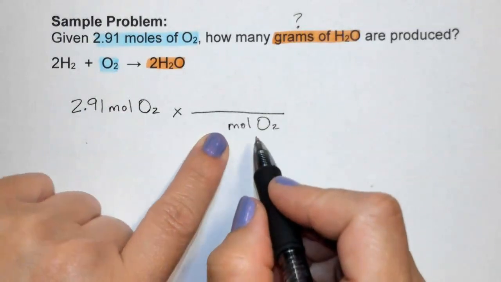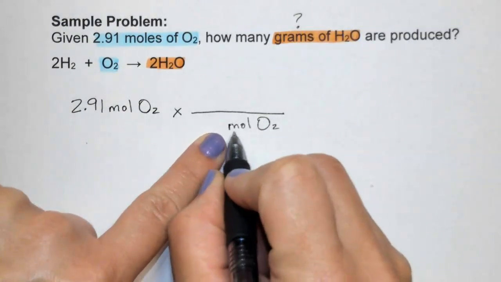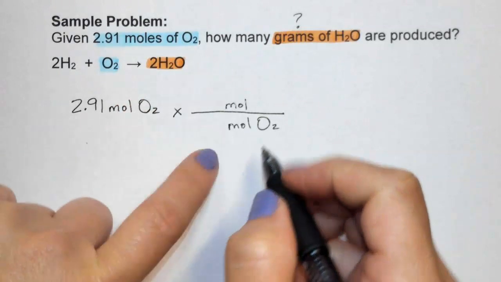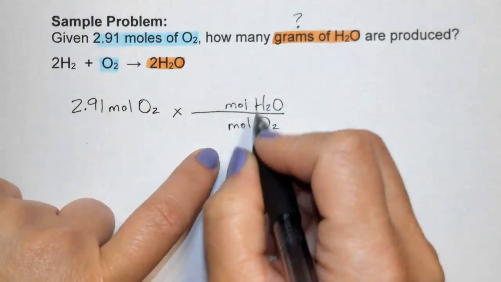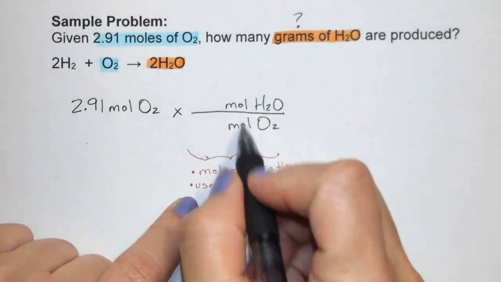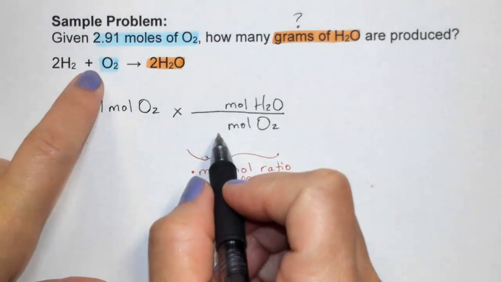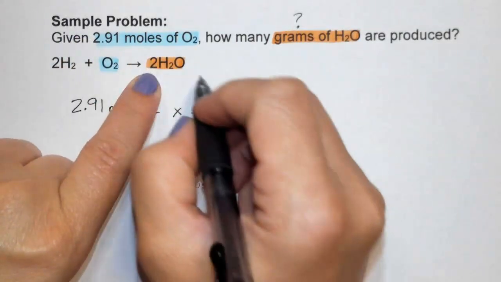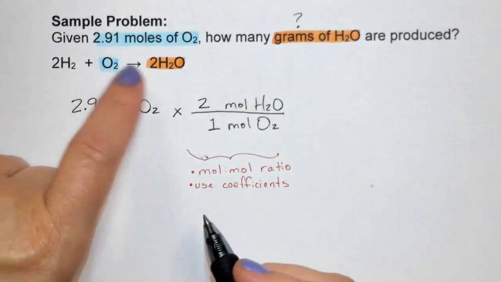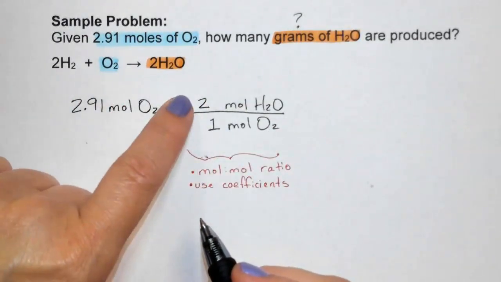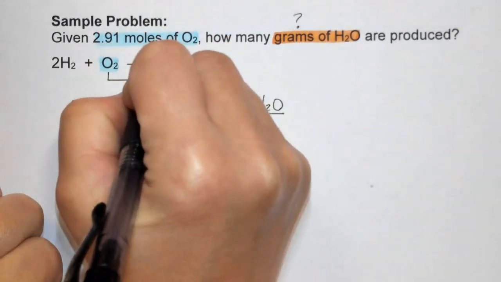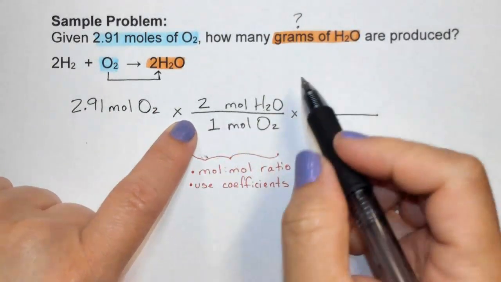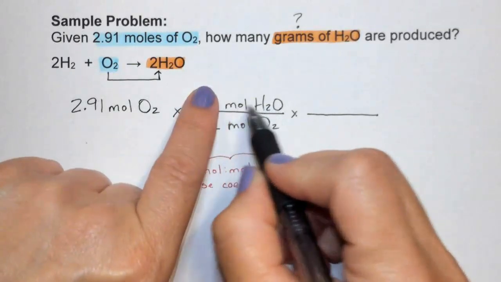Once we get to this spot right here, we want to go from moles of oxygen to moles of what we're trying to find, which in this case is the water. So this right here is known as the mole-to-mole ratio. For the mole-to-mole ratio, we want to use the coefficients. So the coefficient of oxygen is a 1, and the coefficient of the water is a 2. And that's my mole-to-mole ratio, where I switch from what I want to what I'm trying to find. Next step is times, draw a line, and I'm going to bring down the moles of water